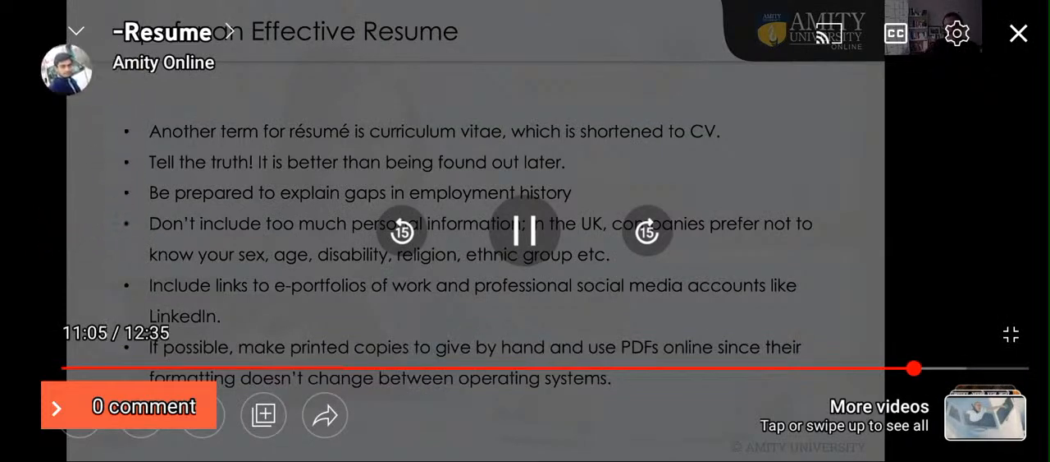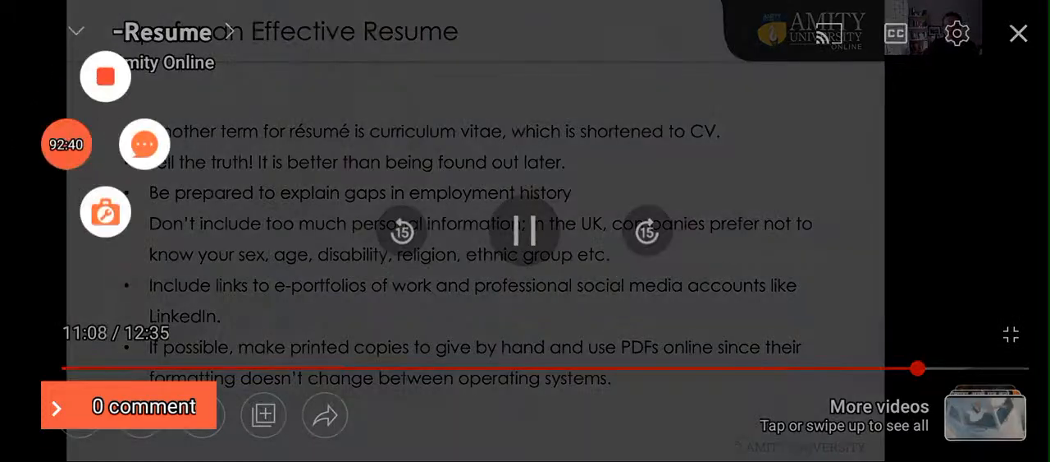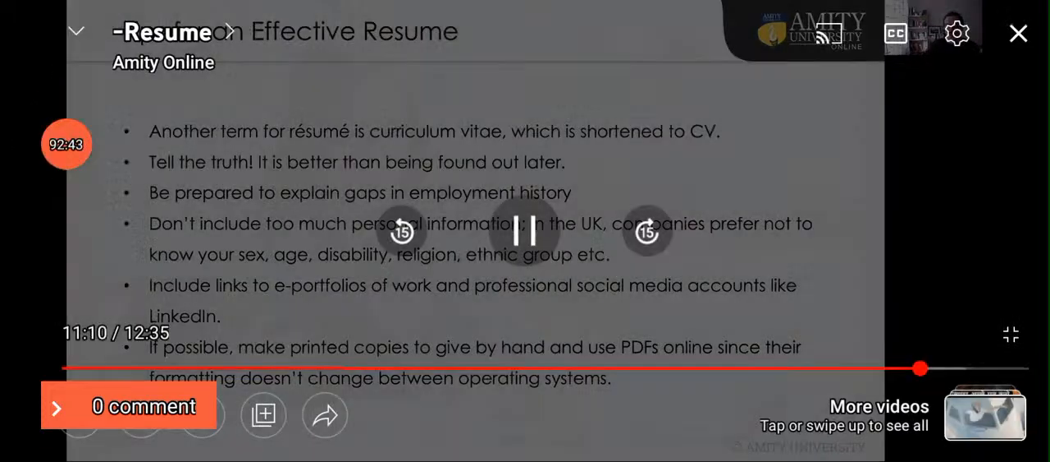Having printed copies, stick a few in your bag wherever you go, and you never know, you might be able to hand one out to someone. And also use PDFs